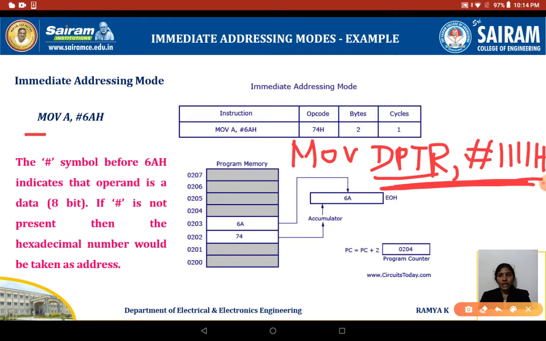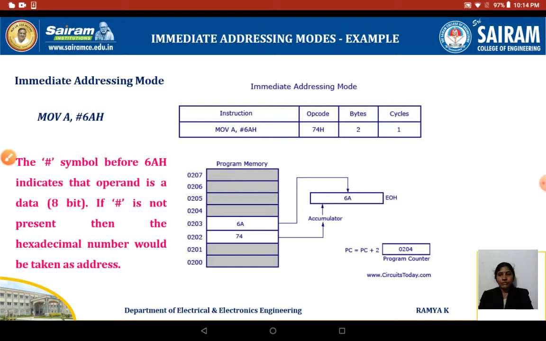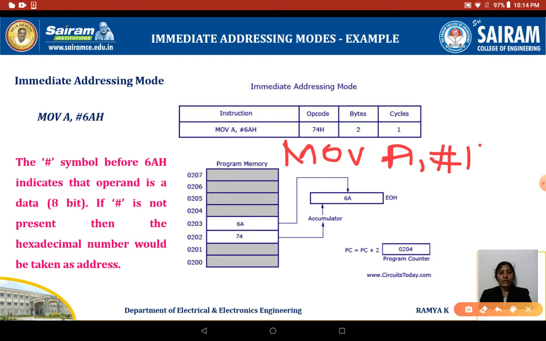If it is an 8-bit register, the accumulator is an 8-bit register, so we need to give 8-bit data. Suppose I am giving MOV A, #1111H.